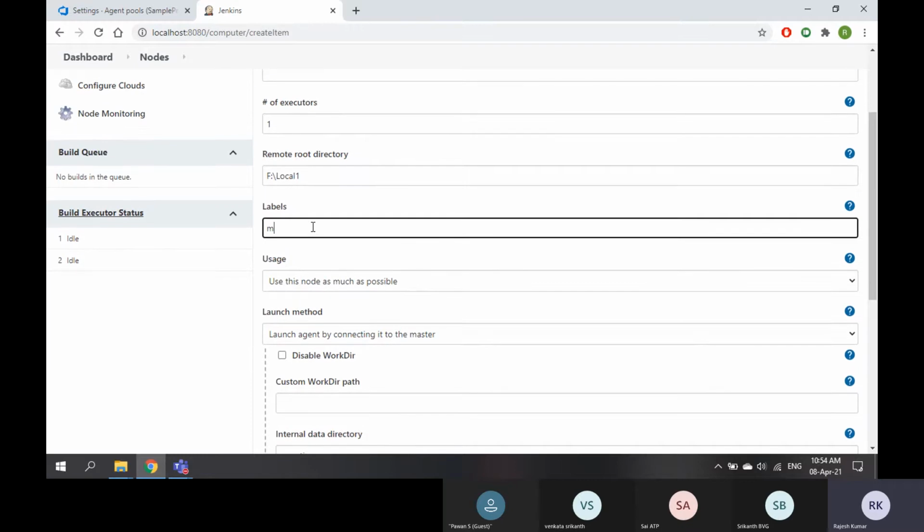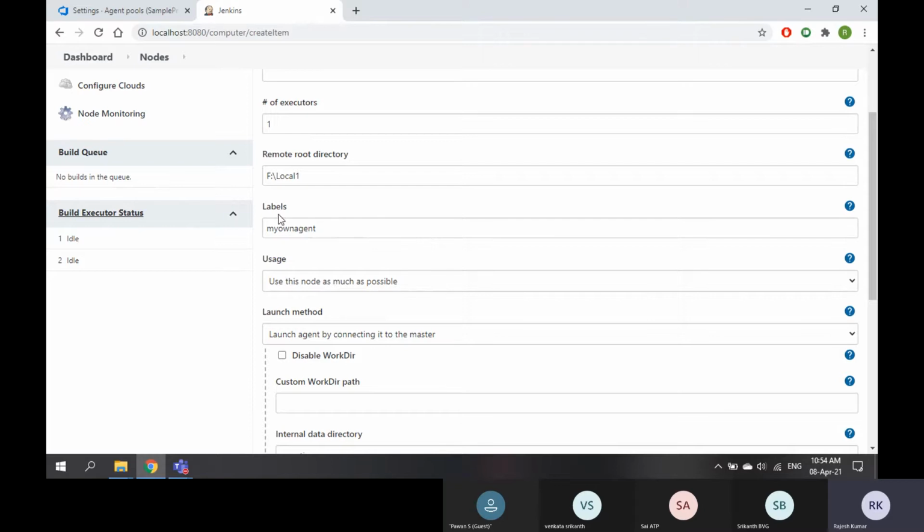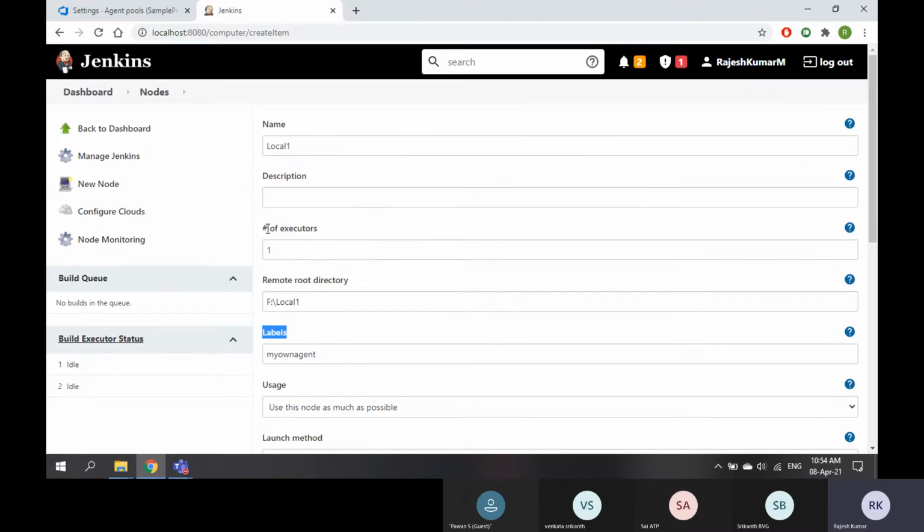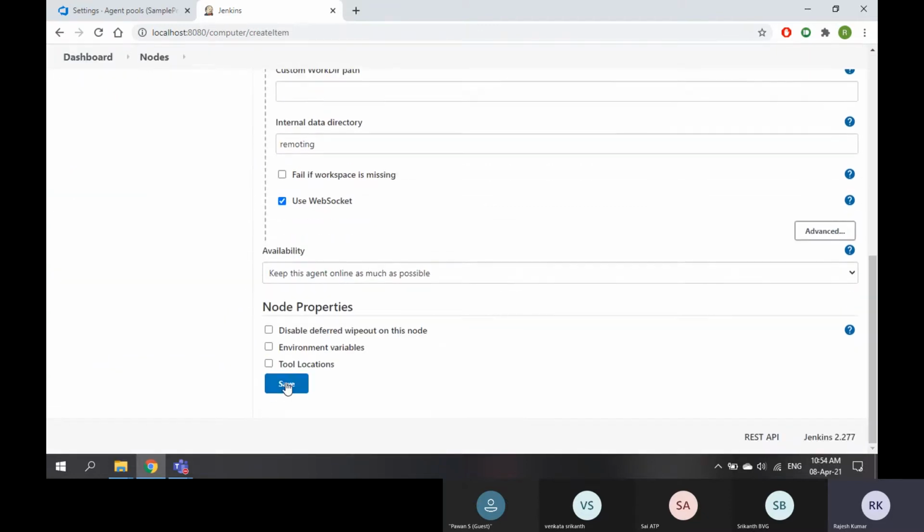Labels will be my own agent. Labels are nothing but tags. Number of executors: how many can execute this? Only one. Everything is done. Now save.